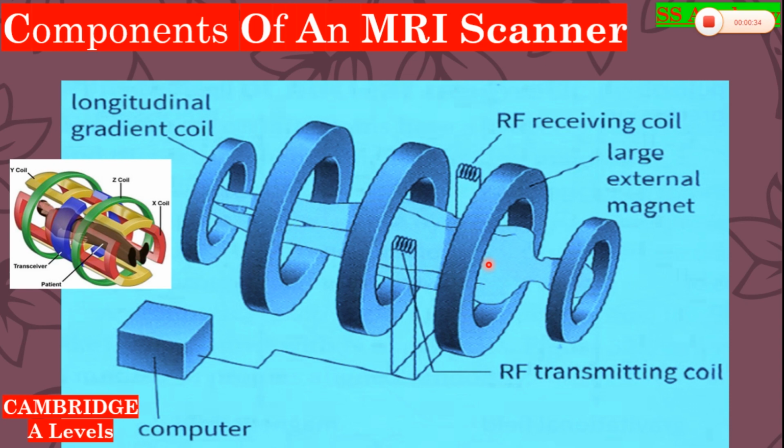Today, I will also discuss the function of non-uniform magnetic field superimposed on the large constant magnetic field in diagnosis using MRI. This is a superconducting permanent magnet. These are RF coils, RF receiving coil and RF transmitting coil. The computer controls data acquisition, image reconstruction, and image storage. Now, in the next slides, you will learn function of each part separately in further detail.